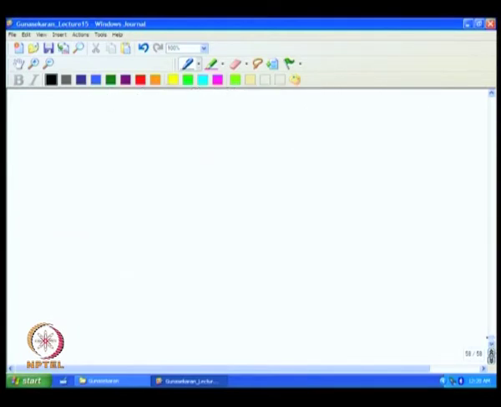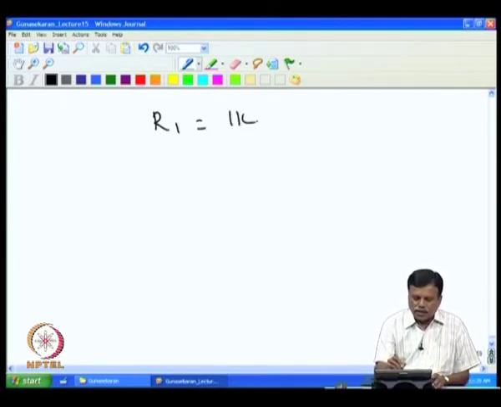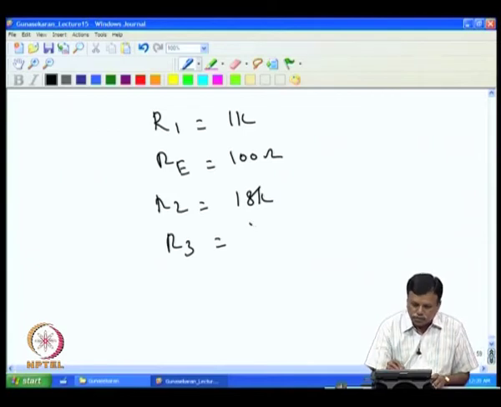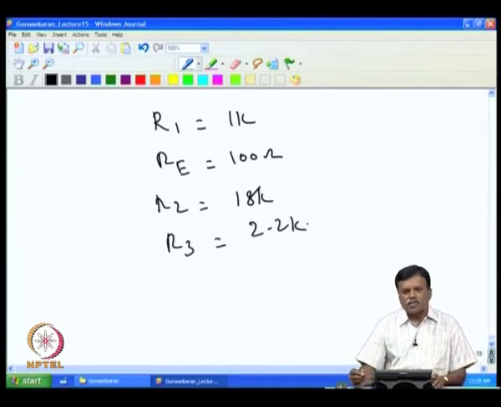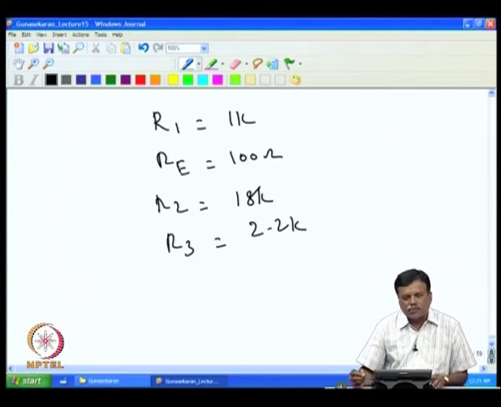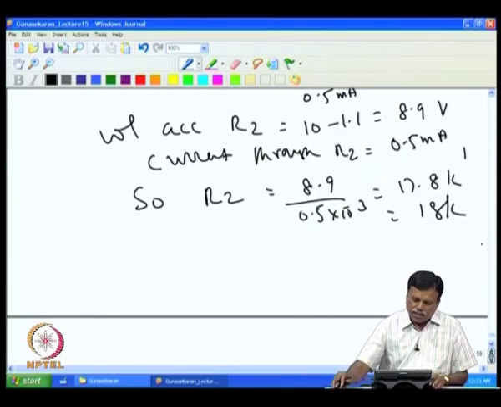So, if we look at the values, we will get R1 as 1 k, then Re comes as 100 ohms, then R2 coming as 18 k, and then R3 is coming as 2.2 k. That is how this amplifier is designed. So, one can work out in the same line depending upon the supply voltage and the signal level and so on. One can always do the same design, but one should be careful that when the voltage at the